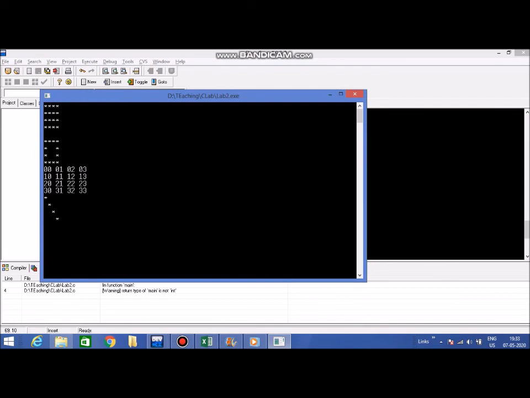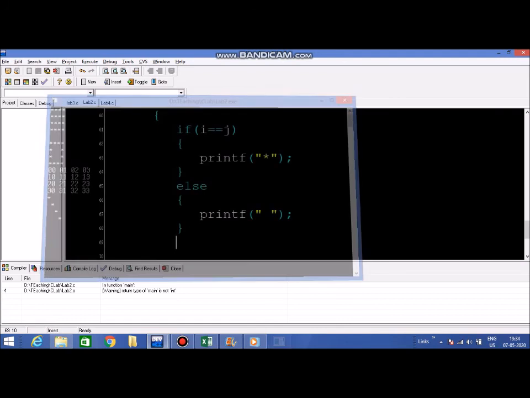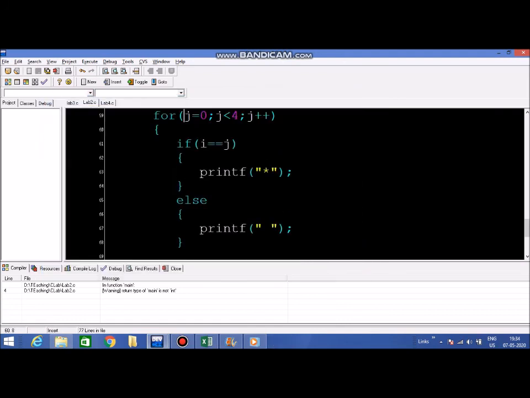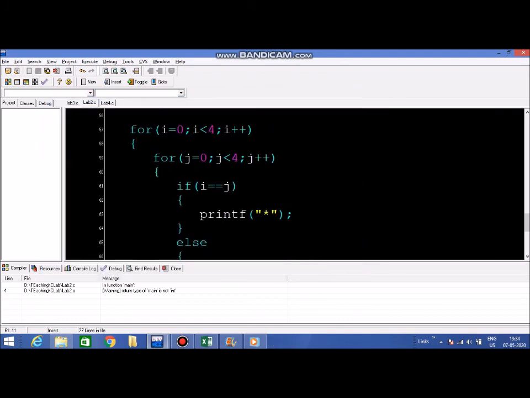Can you see the stars which have come? Everywhere else it has printed space. Wherever 0, 0, 1, 1, 2, 2 or 3, 3 happened, it printed a star and it came as this diagonal. And this is, students, what you mean by programming logic. We know how the variables i and j will change. The question is, are we in a position to put the right condition to do what we want to do? The logic which has to be written. So if you look at this code, it's two for loops and a simple if statement which is checking for when i and j will be equal, and it prints the diagonal.